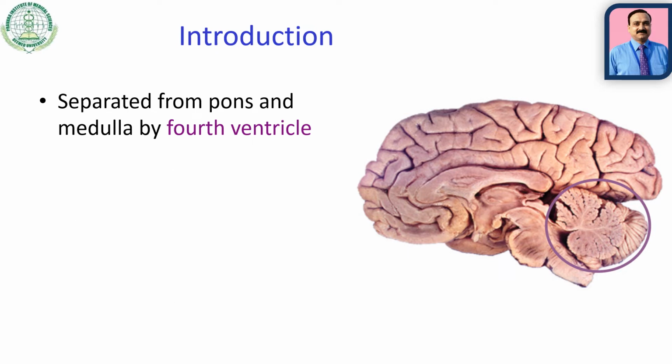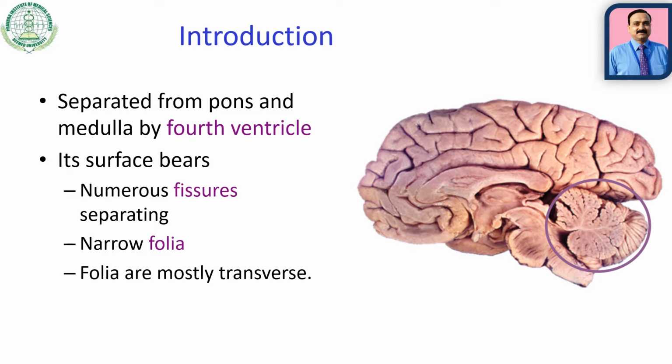The cavity of the cerebellum is fourth ventricle. So this is fourth ventricle. It is separated from pons and medulla oblongata. So this is the cavity of the cerebellum. Its surface bears numerous fissures. So you can see